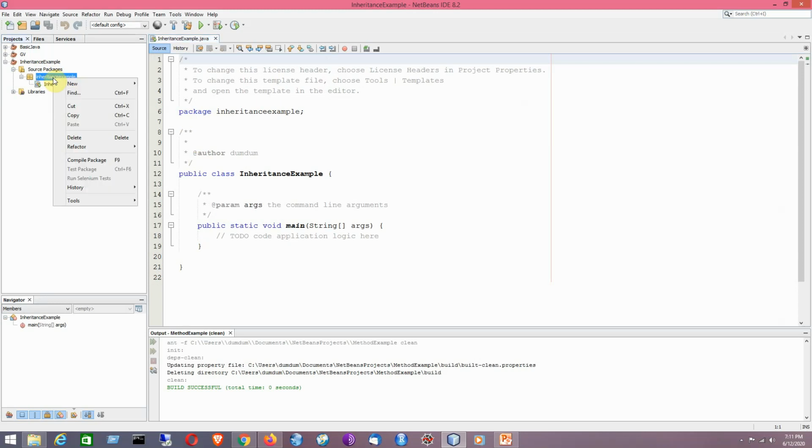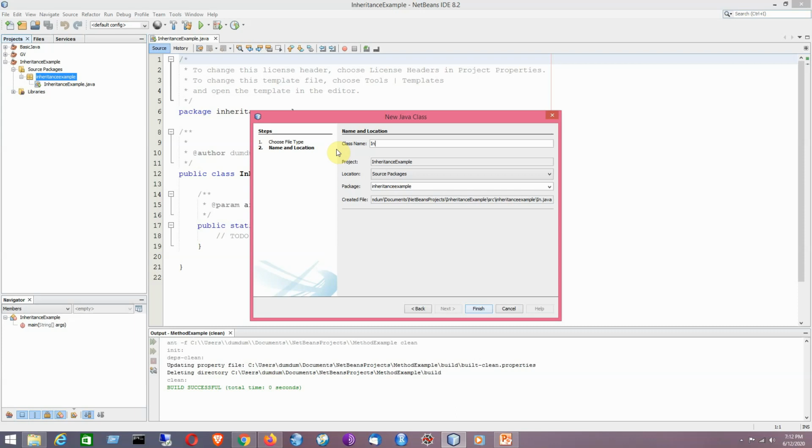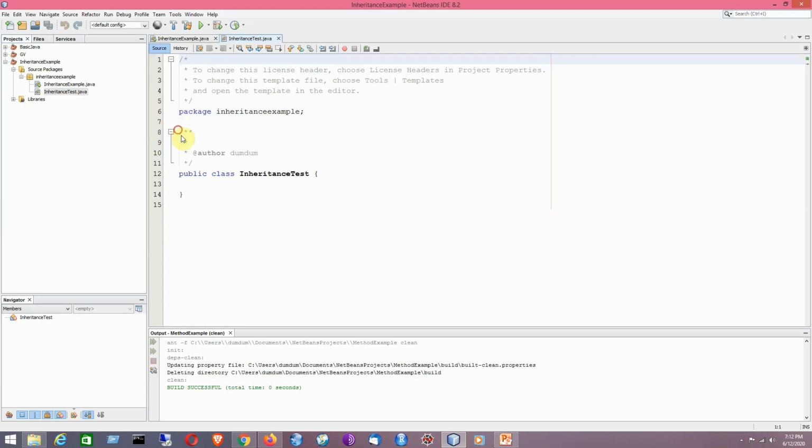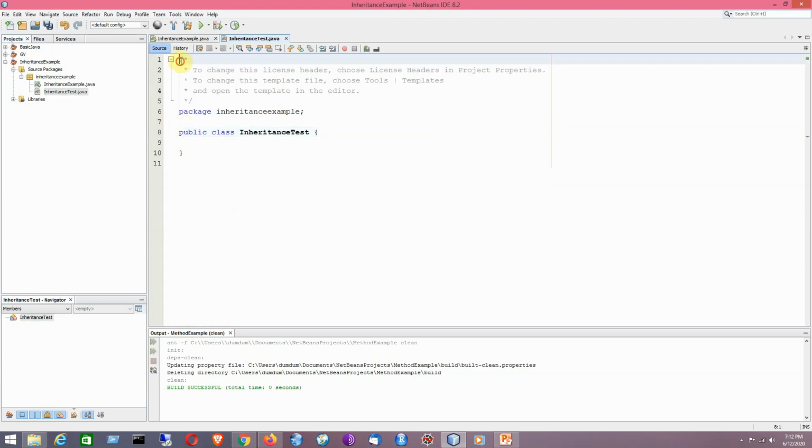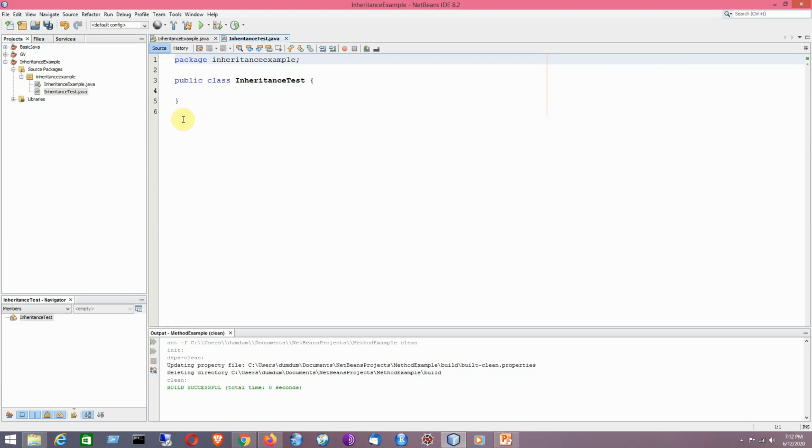Now suppose I would like to create my own class here. For example, it is named inheritance test. First I will remove the unnecessary lines, which are not useful for the demonstration. First I will create a class named, for example, area,